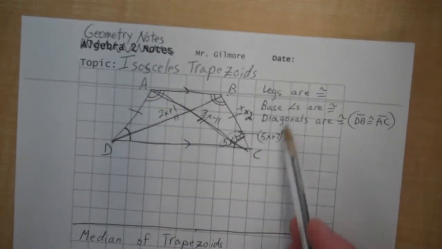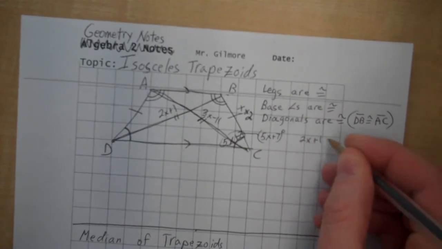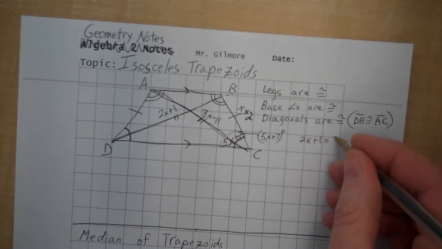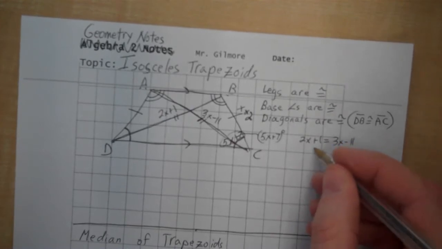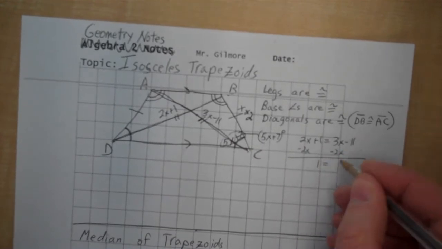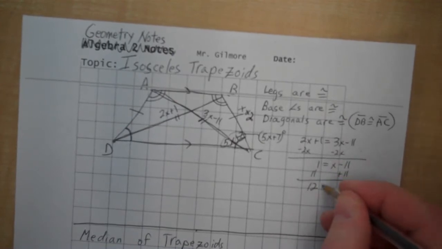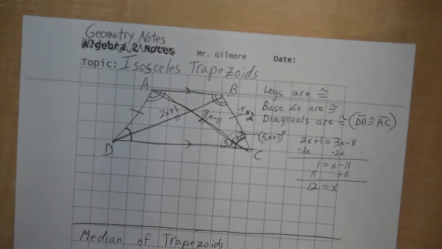I have both diagonals given here. So we got this x in the way. Let's set 2x plus 1 equal to 3x minus 11. And subtract 2x from both sides. I got 1 equal to x minus 11. Now I'll add 11 to both sides. So 11 and 1 is 12. That is x. So I want to find some of the sides and the diagonal lengths. Well, first of all, if x is 12,